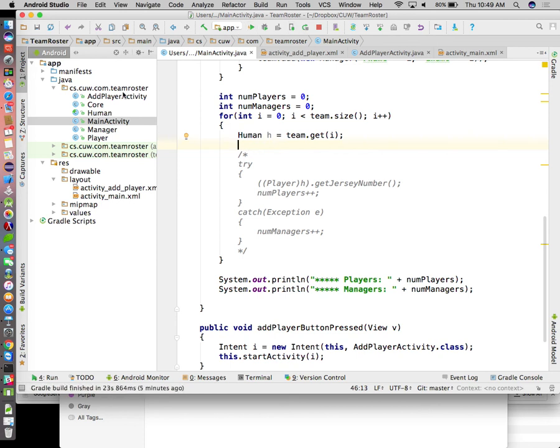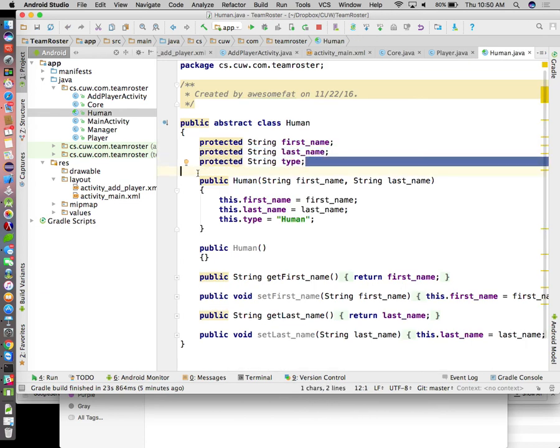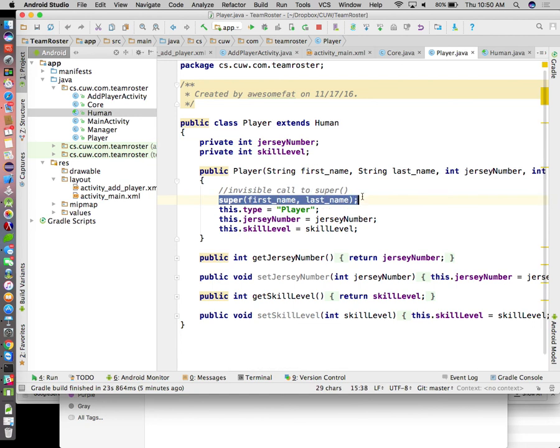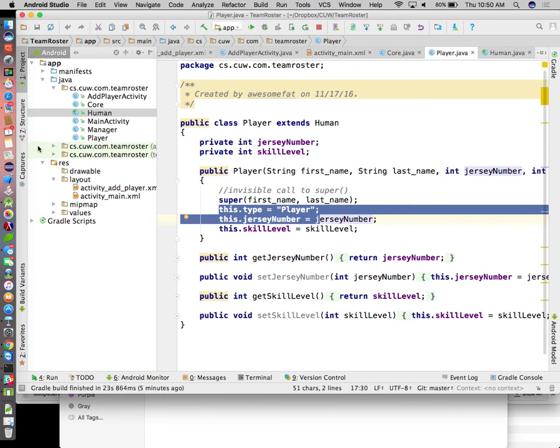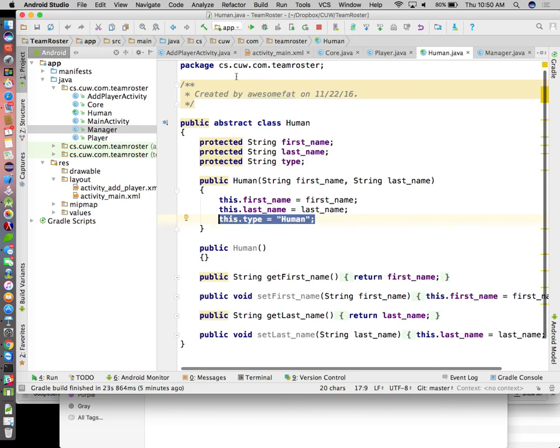Yeah, so all humans have a type. The default human sets the type to human. Players, after they let the human constructor do its job, change the type to player. Managers, after they let the human constructor do its job, change the type to manager. So we know that every single human has a type because we built it that way. So no matter what kind of human this is,